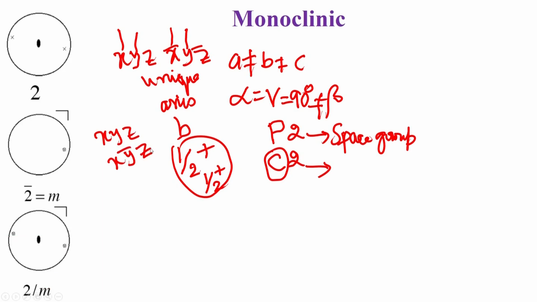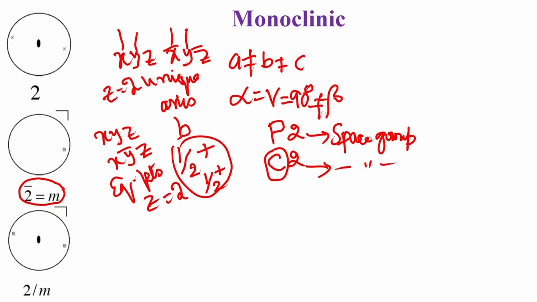That is why this operation which is shown here is also shown as 2 bar. So, we operate a two-fold rotation followed by an inversion. The operation of the two-fold rotation will take x, y, z to x bar, y, z bar, and then we invert that, we go to x, y bar, z. So, x, y, z and x, y bar, z therefore are the equivalent points. So, again z is equal to 2 here, and this also was z equals 2. We have therefore included now in the monoclinic system two possible space groups, P2 and C2.